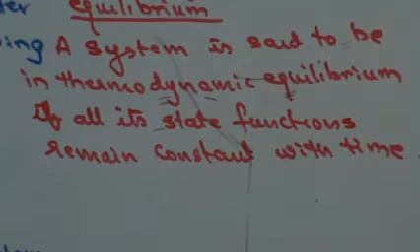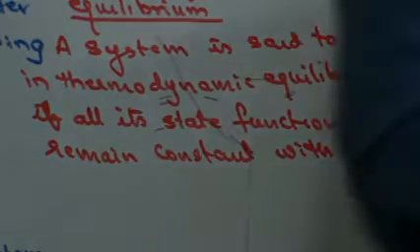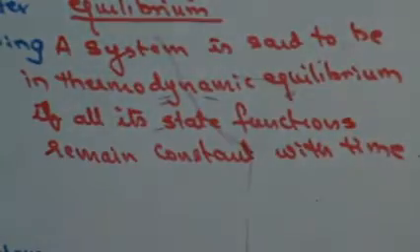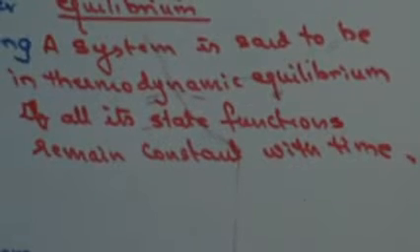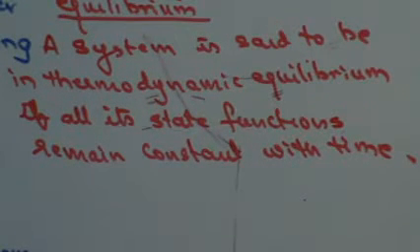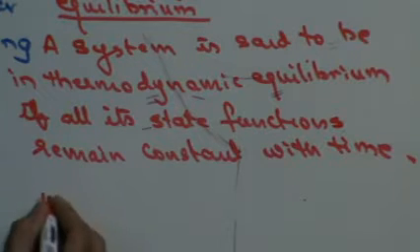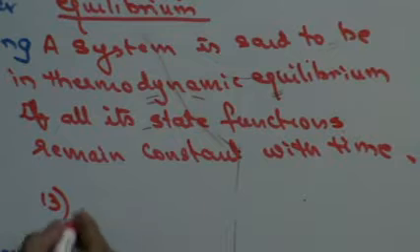Now, thermodynamic equilibrium is divided into multiple types of equilibrium. It is not necessary that all state functions remain constant. If all state functions remain constant, then that would be called thermodynamic equilibrium. But out of the set of state functions, even if one remains constant, there would be a certain amount of equilibrium in that. Let's see what are those different types of equilibrium. I could have thermal equilibrium.